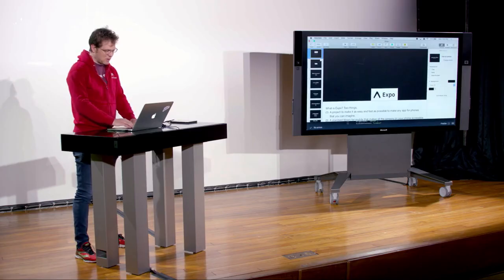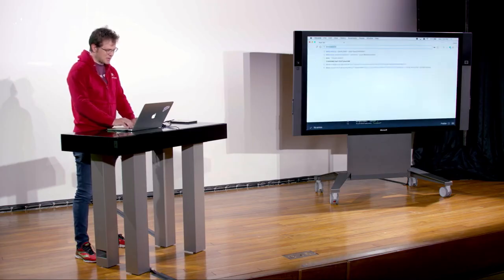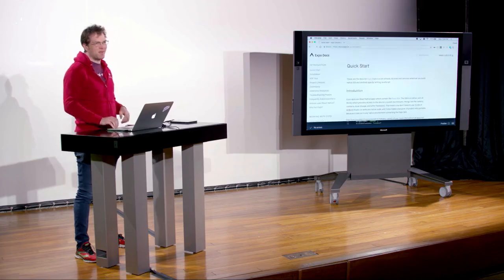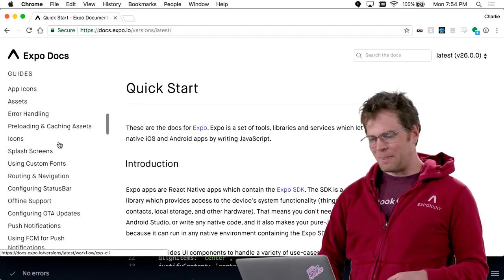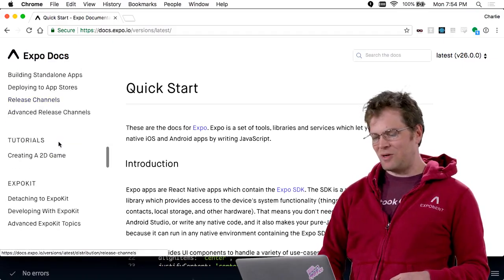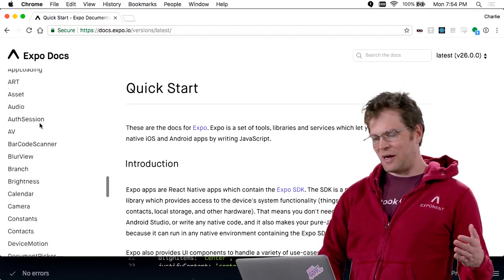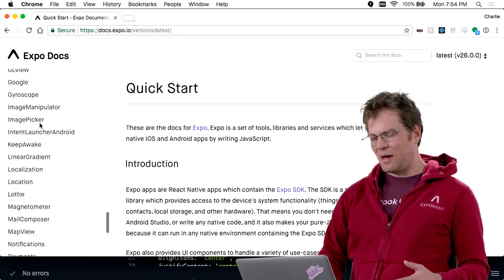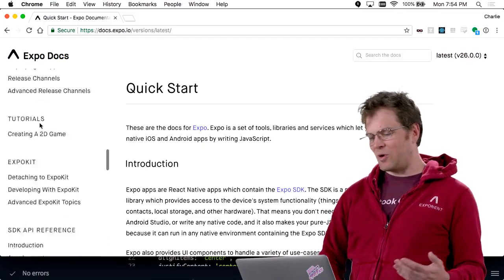You can see a whole list if you go to docs.expo.io. I'm going to go there like every 45 seconds probably during this lecture, but just get familiar with these. And if you just scroll down on the left sidebar here, you can see a full list where accelerometer, AdMob, amplitude, app loading, like all these things are available. I'm only going to have time to show you some of them, but they all work pretty well,